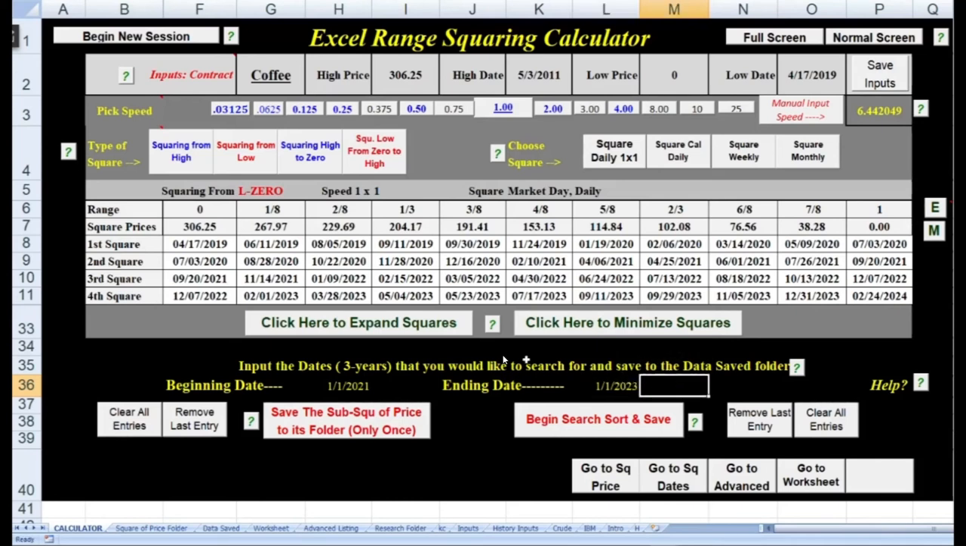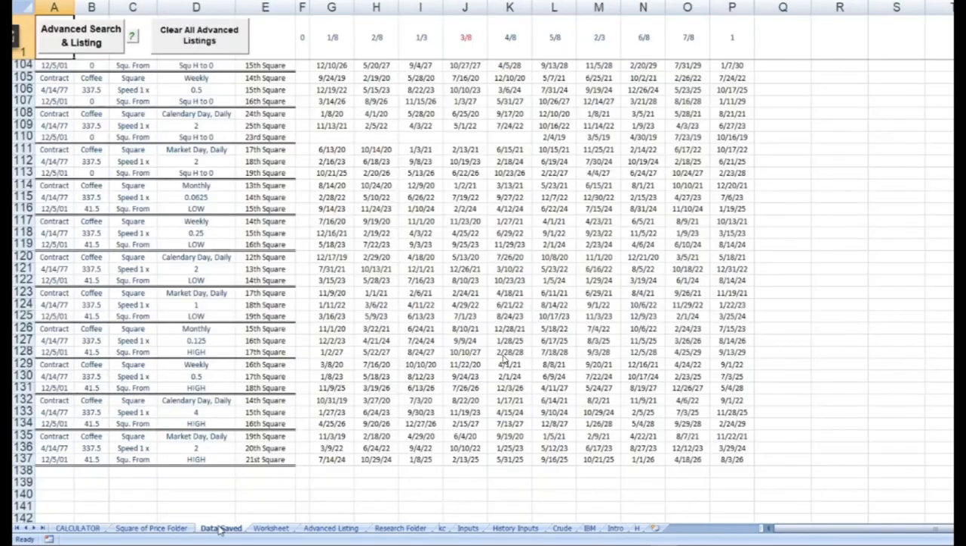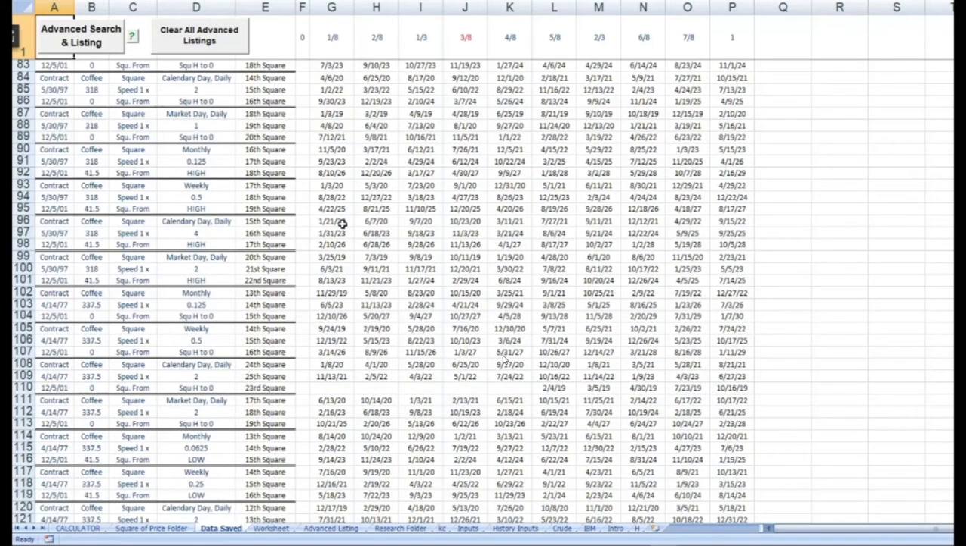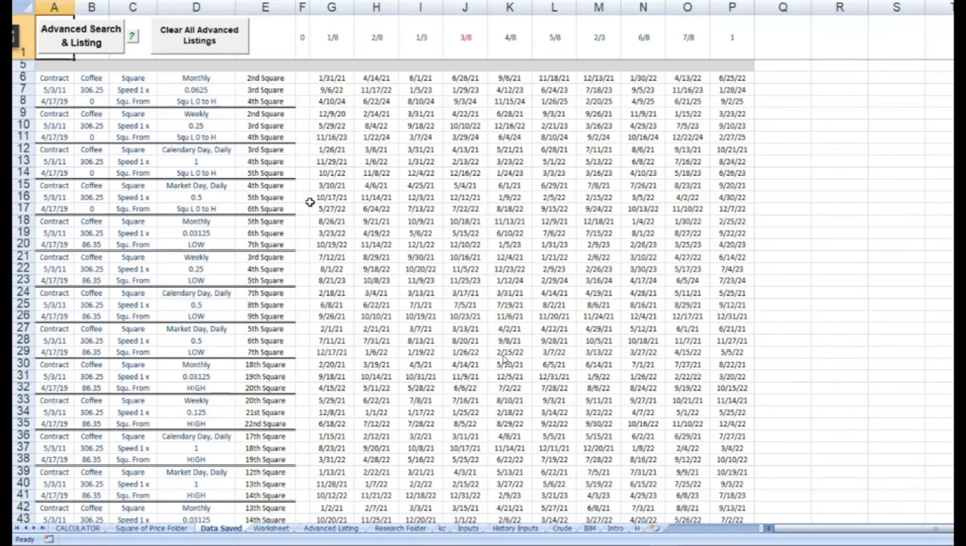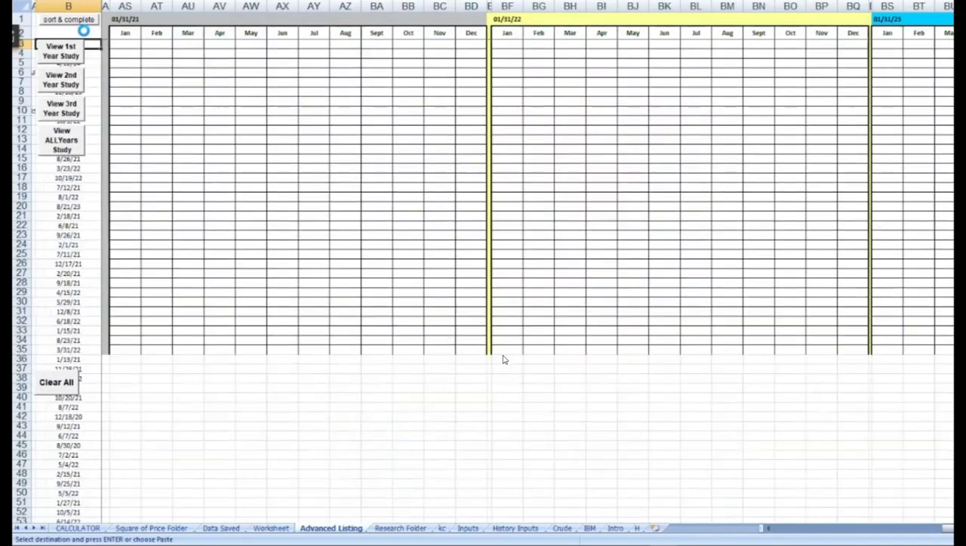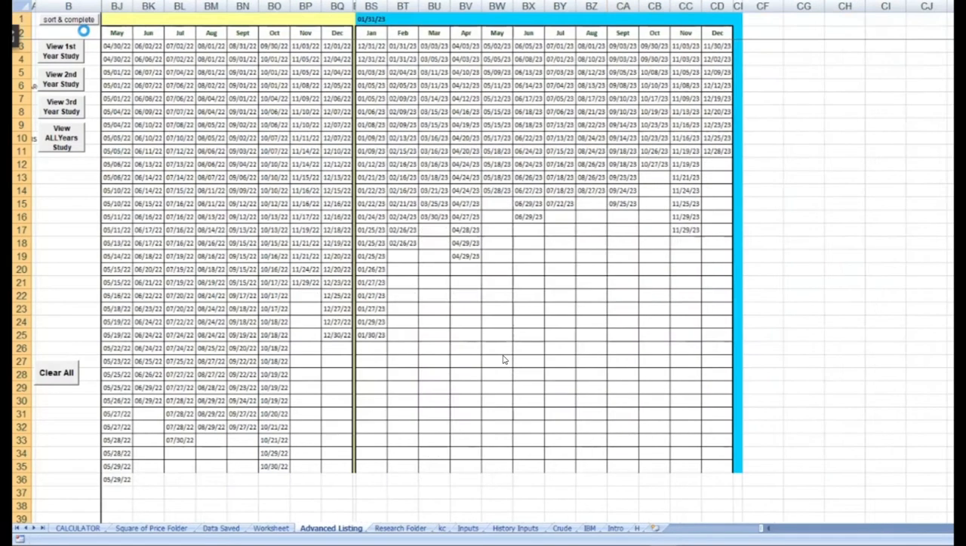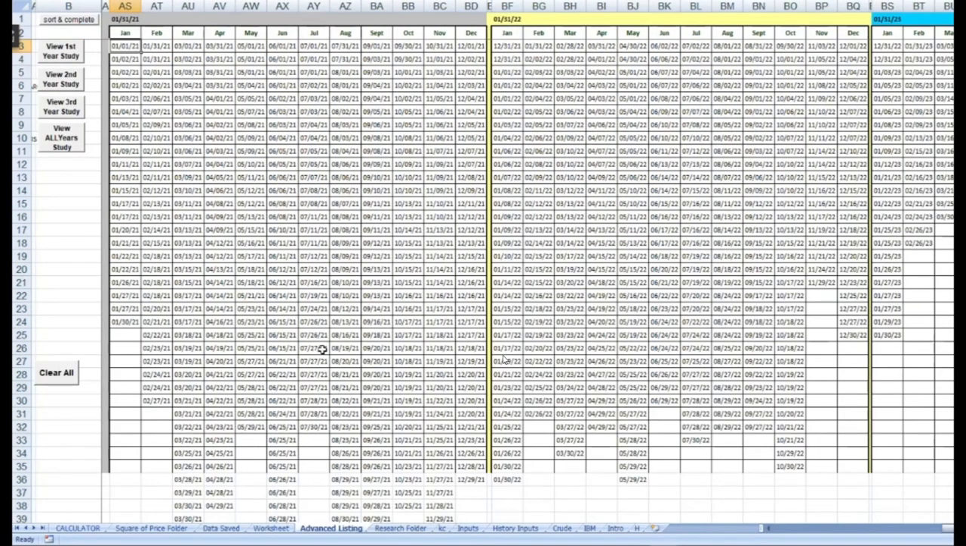This gives it the parameters to search from, and then go to data saved, and again, these are all the data. And once you click this, this will automatically sort everything into the parameters and the dates and whatnot. Now there's going to be some duplicates if you think of it logically. The weeklies,